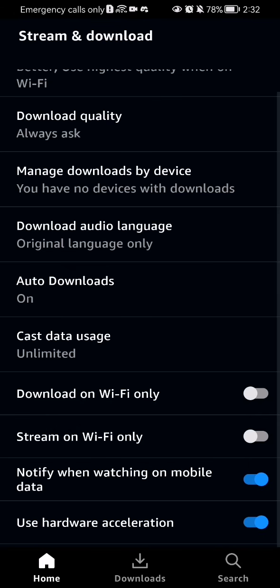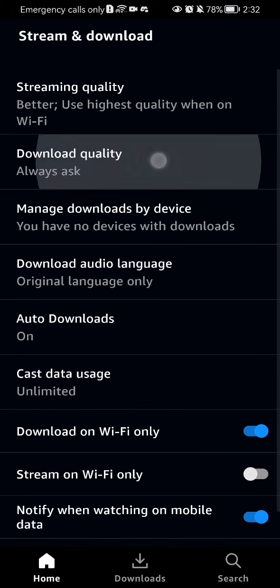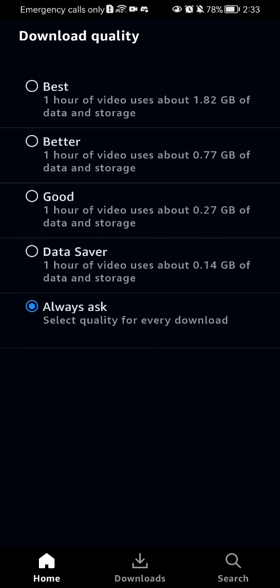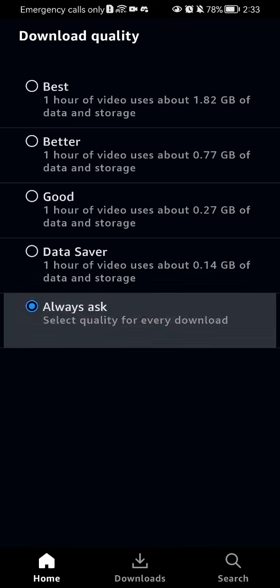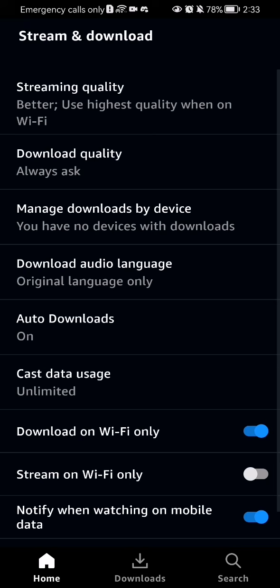And you can just press on any of them and it will be deactivated or activated, and vice versa. You can just press on these categories as well, and you can just select what you want here. So for example, it is an always ask mode, you can just press on the other,